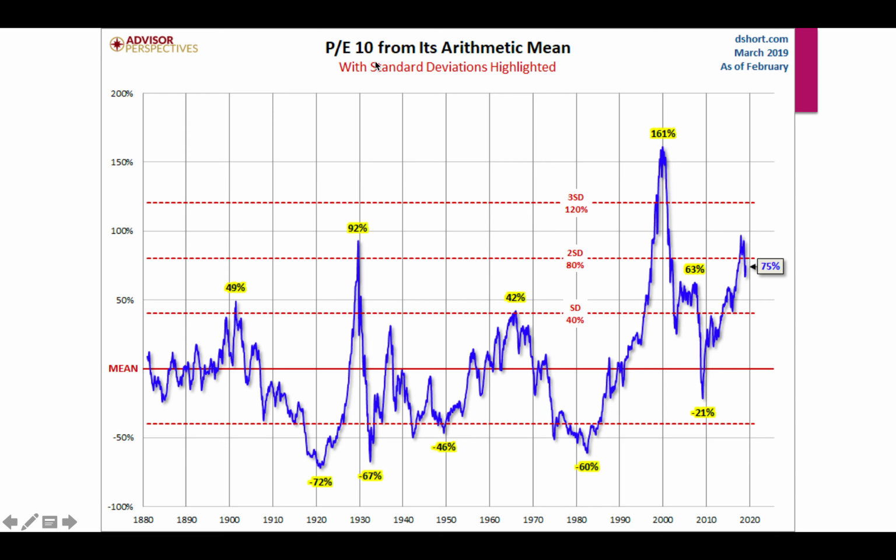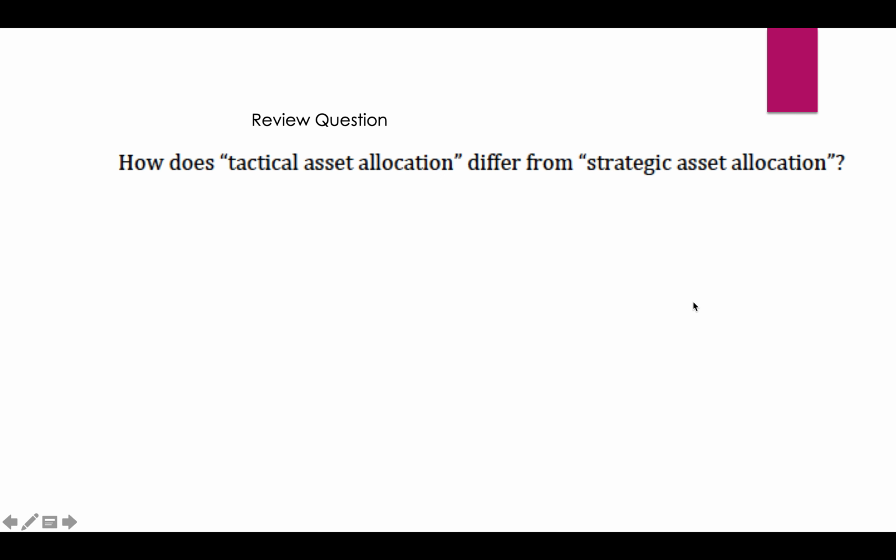Here's just another way of looking at the PE10 and looking at the means of it. And here's the mean level of valuation all the way back to 1871, I believe. And then you see above and below the mean, and since 1990, we have been above the mean except here in the great financial crisis. And right now we are probably around 23. This chart doesn't tell us exactly where that is, but we are probably down here, still somewhat above the mean, but not as high as we were at one point, just the beginning of this year.